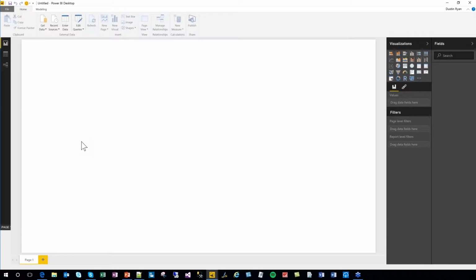Now I know some of you said that you have some experience with Power Pivot. And one of the really cool things about the Power BI Desktop tool is if you've got this really great Power Pivot model that you'd like to convert into Power BI, you can do that very easily from here. So if I go up here to File,